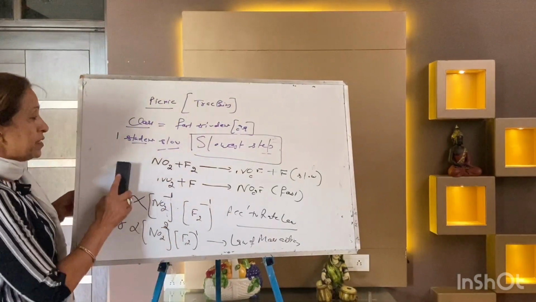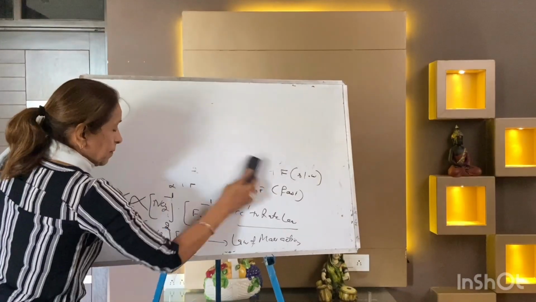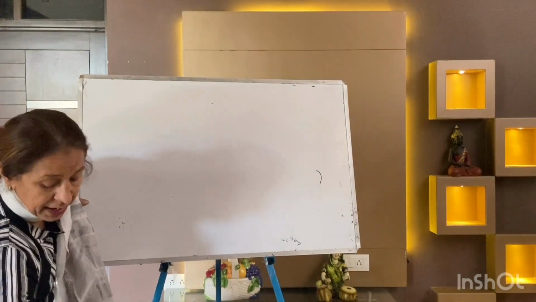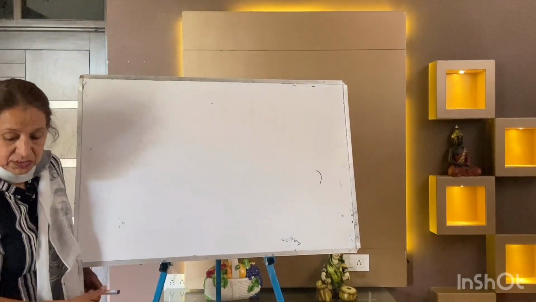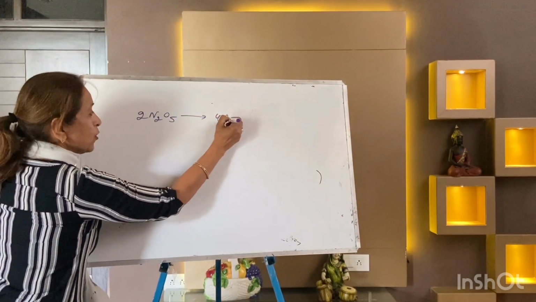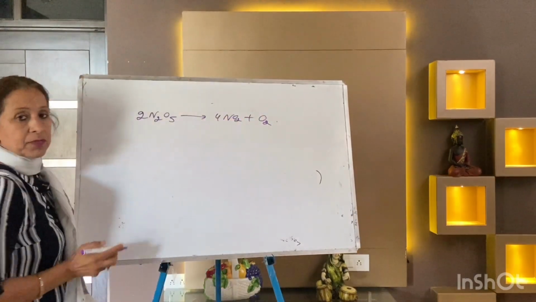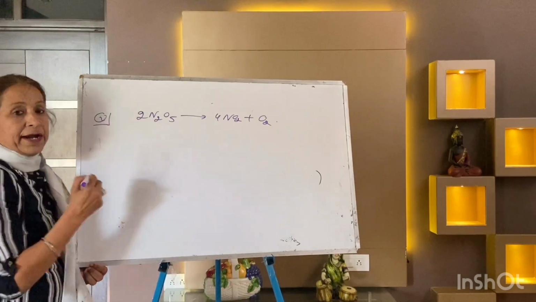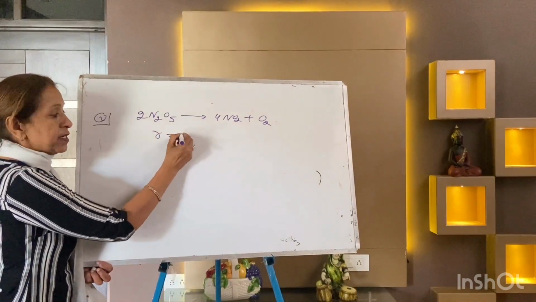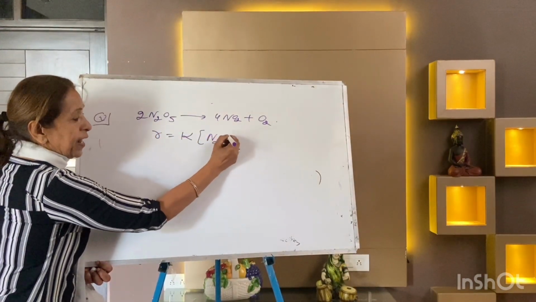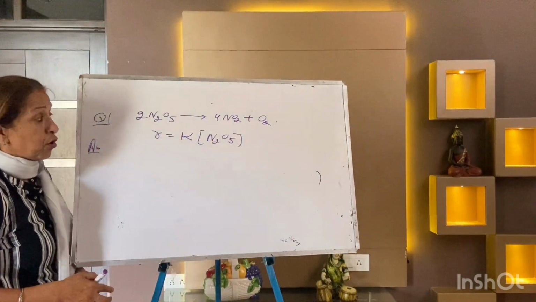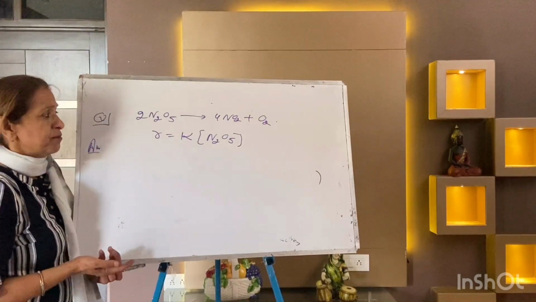Now I'm taking a few examples again. Write down a heading, mechanism of the reactions. Now I'm taking a few mechanisms. First is 2N2O5 arrow 4NO2 plus O2. It is given. This is your question: write down the mechanism, slowest step, order, molecularity. Rate proportional, K is the rate constant, R is equal to K[N2O5]. This is your question, and they are asking to write the mechanism, what is the order, what are the units. Many of these things may come.